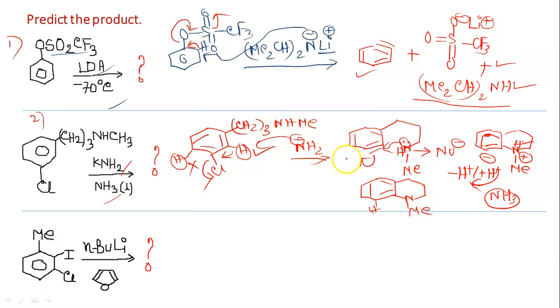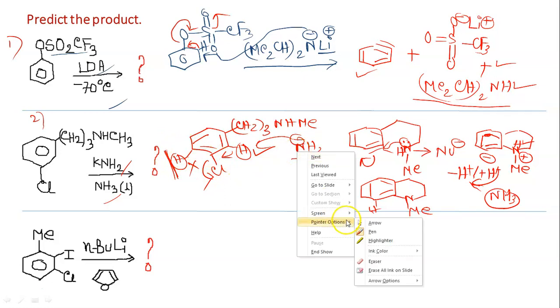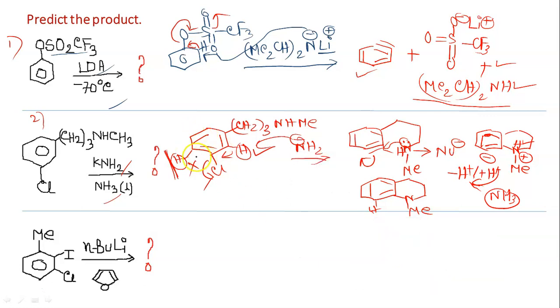So now I hope it is clear why this hydrogen is not captured. Because if this hydrogen is captured, then our benzyne should be at this position, then the triple bond should be generated at this position, and attack by this N at this carbon is energetically not very favorable because it will lead to a 7-membered ring, which will be strained also. Fine. So that is the reason that this hydrogen will be captured by the base. Okay, so this is our final structure, final product.